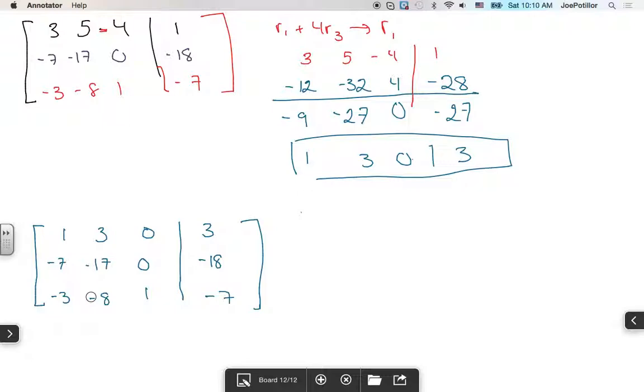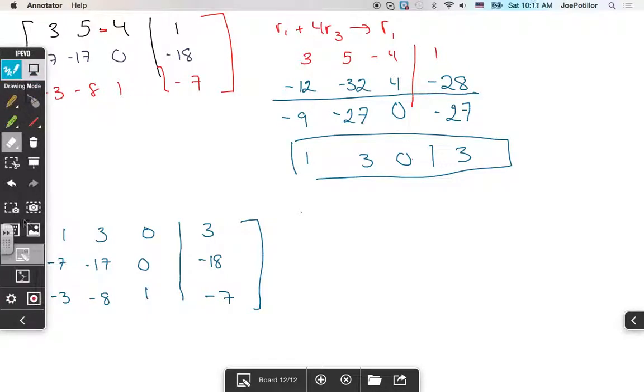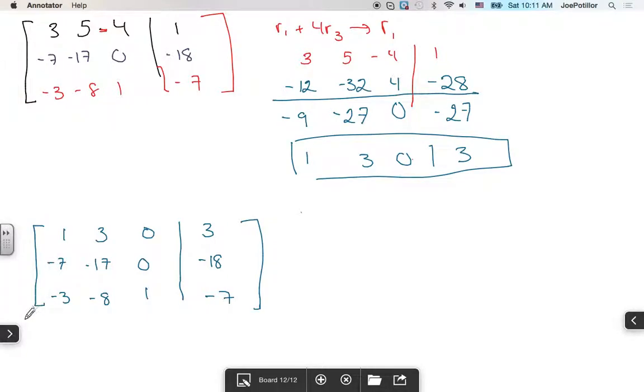But I'm pointing that out. You could go that direction. You don't have to, but you could. So back to what we were doing. So it's going to be 8R1